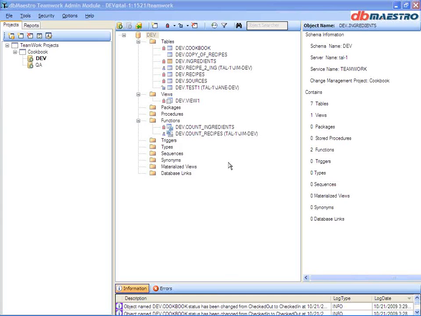See when they log in. I am currently logged in as my developer, who is Jane, and this is what she's going to see when she first opens up the Teamwork window. This is showing you basically at a glance the status of all of the objects that she currently has